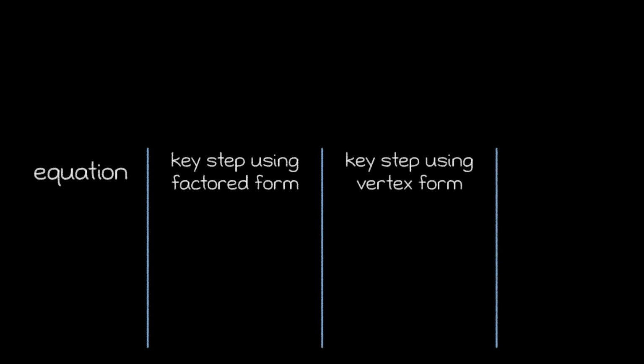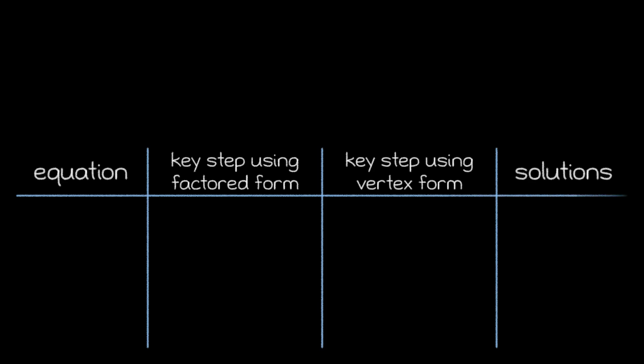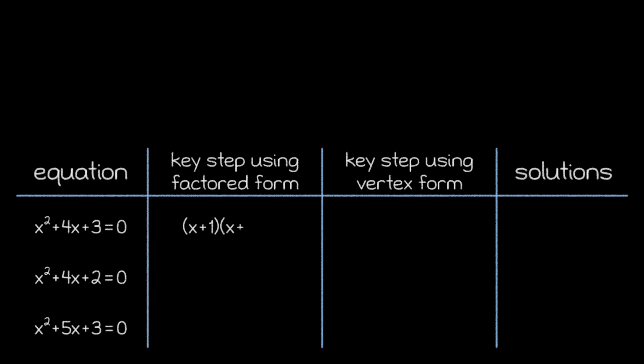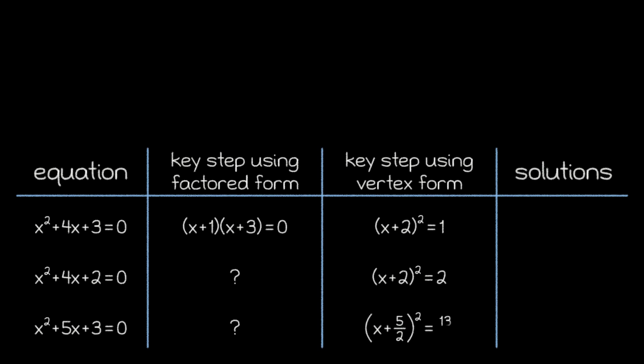When we solved quadratic equations using the factored form, we started to get the sense that we were only able to solve those problems because the numbers were specifically chosen to work out nicely. With just a small adjustment to a single number, a problem might go from simple to nearly impossible. The advantage of using the vertex form, then, was that the process worked regardless of how complicated the numbers got.